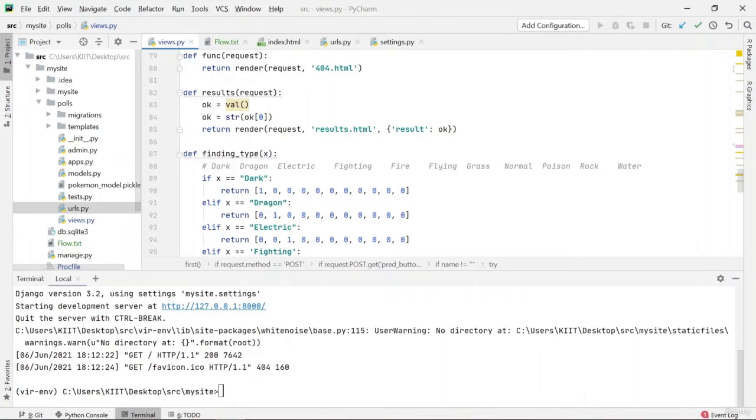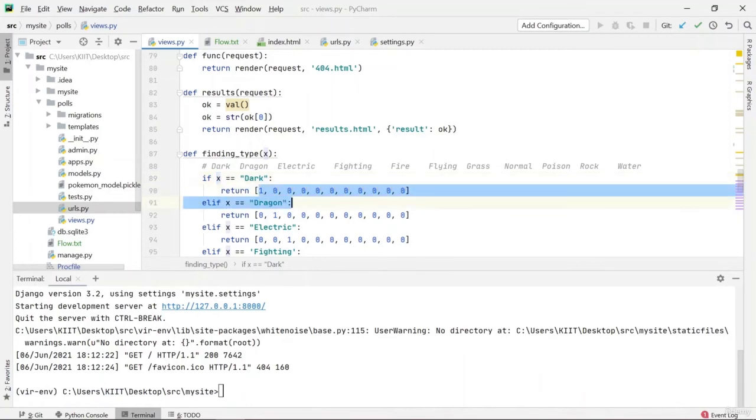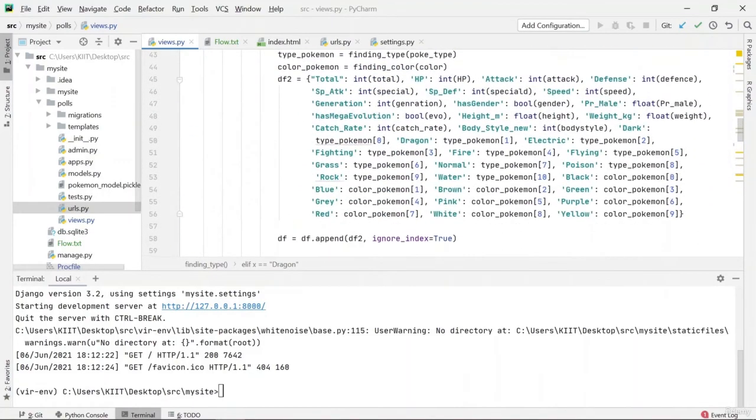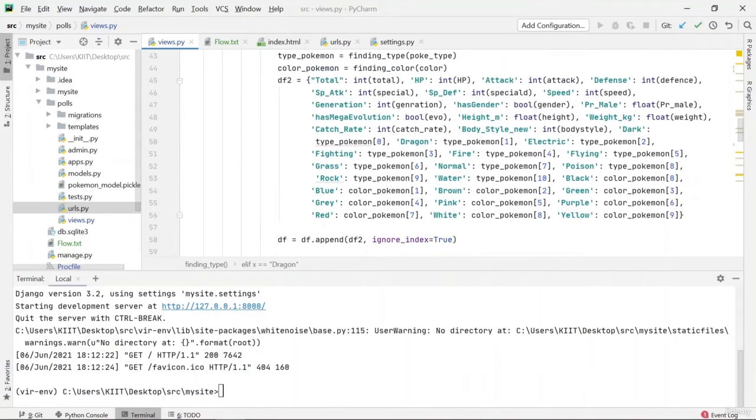Now I extracted it into different columns where I was putting zeros and ones. So here, if my type, which is coming as X, is dark, then return a list where the first value is 1 and the rest are 0. Now if you go here, you can see that for all the different types, I'm using this list to fill in the values using the zeros and ones.